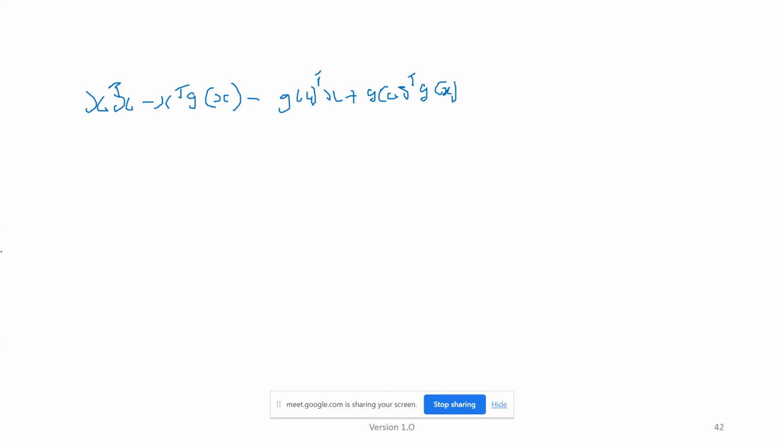So then by using distributive law, we can apply X transpose into X minus X transpose GC. And here also you can consider GC, X transpose and GC. So by applying distributive law between these two,